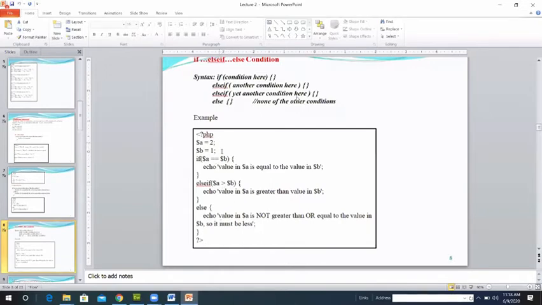You use the equal sign, greater than symbol, and these operators with the if else statements. Once you finish, you can change the variable values and see the different output.